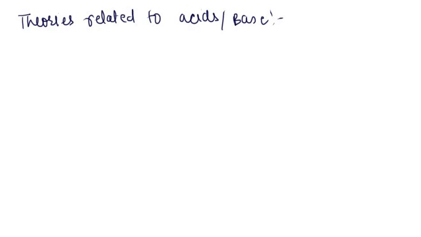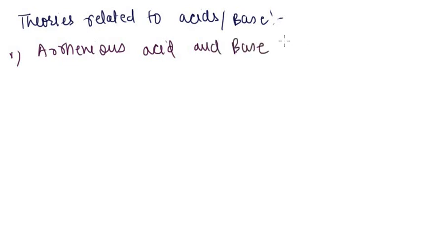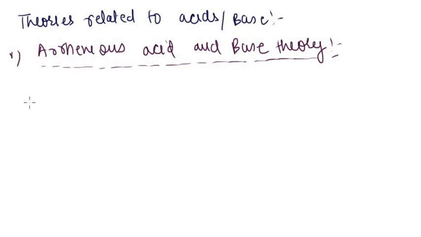So different scientists came and gave different theories. First of all, we're going to study the Arrhenius acid and base theory. Arrhenius was a scientist who proposed this theory. So according to Arrhenius, what are acids and what are bases? Acids are the substances, right? According to Arrhenius, an acid is any substance